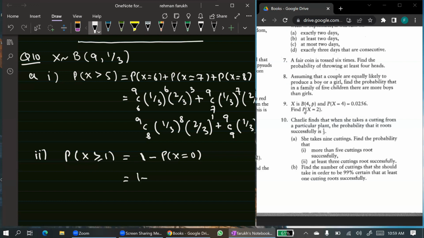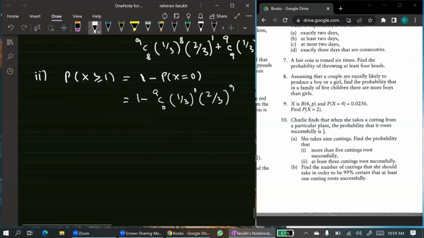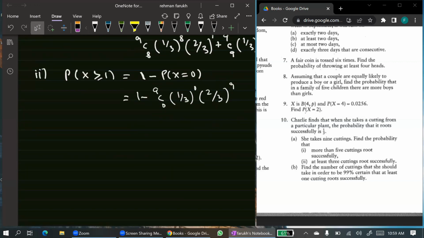So 1 minus, for x is equal to 0, 9C0, 1 by 3 power 0, and 2 by 3 power 9. This one is the answer to part number 2. Now part B